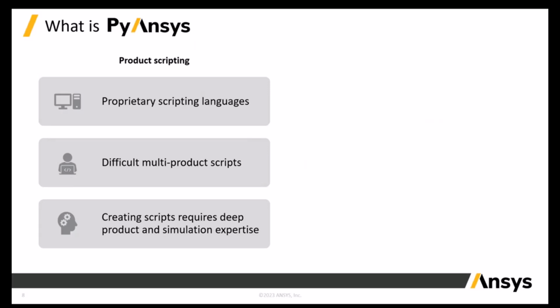So something that you might be more familiar with, which is product scripting. Product scripting was a way for engineers to script repetitive tasks in their product. It's great for that product. It's elusive when working across products. Pretty sure you face these challenges because every product has its own proprietary language.